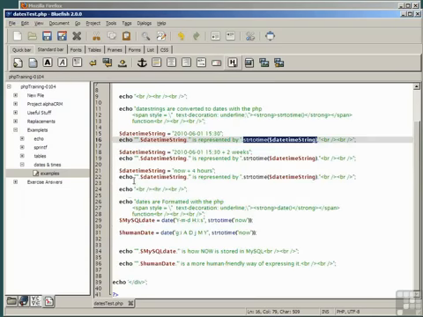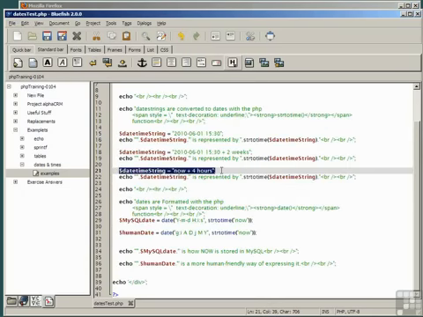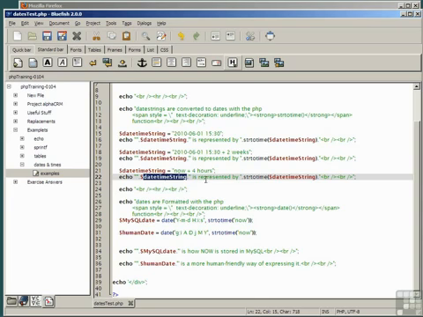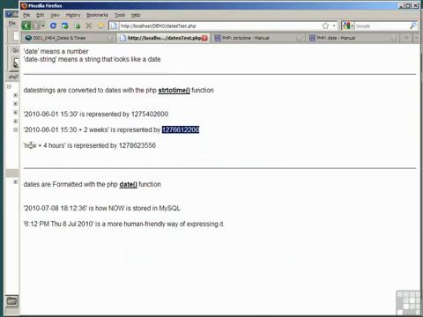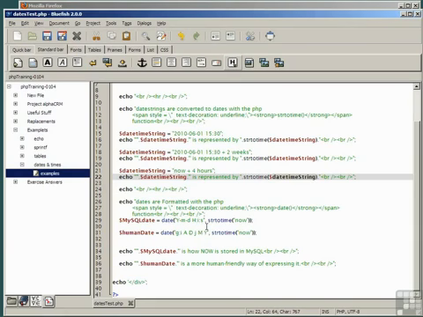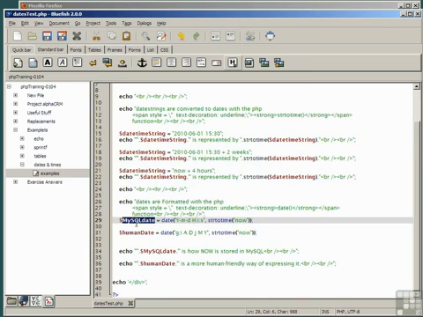The third piece of code says set datetimestring to now plus 4 hours, and so the output is datetimestring, which is now plus 4 hours, is represented by strtotime datetimestring. Now plus 4 hours is represented by this number. The second part of the demonstration uses the date function to format now in MySQL format and a human readable format. The first assignment says make MySQL date equal to date formatted as